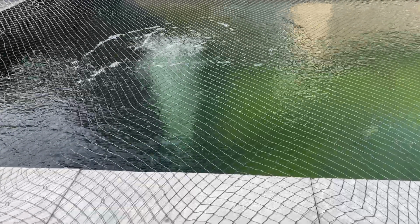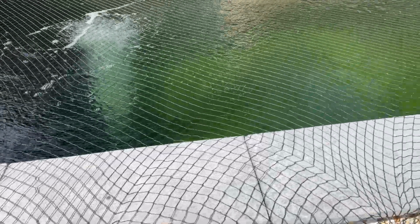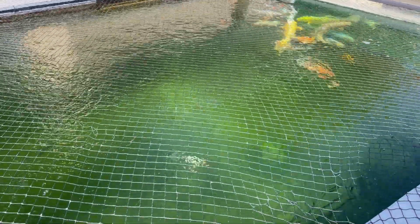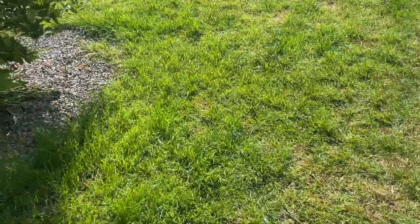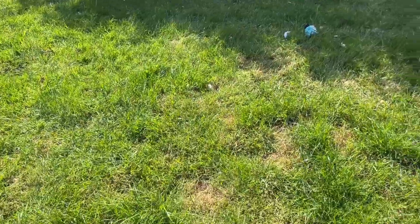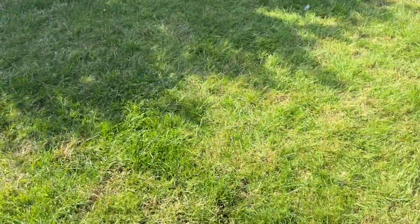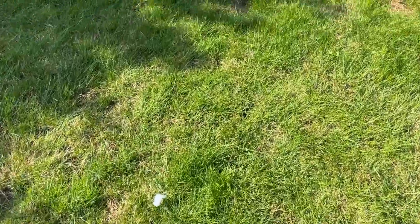So the other worry is I'm off on holidays three weeks tomorrow, and I'm really concerned that things aren't going to settle down. It's the first time with this pond that I'll have been away for any more than a couple of days. That grass is like a ploughed field, from having a Rottweiler that has a rotavator in each corner. Anyway,